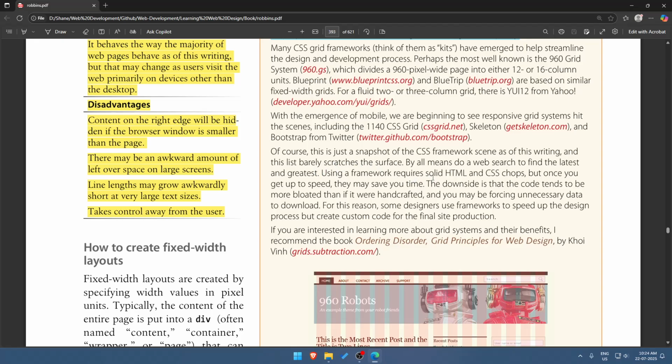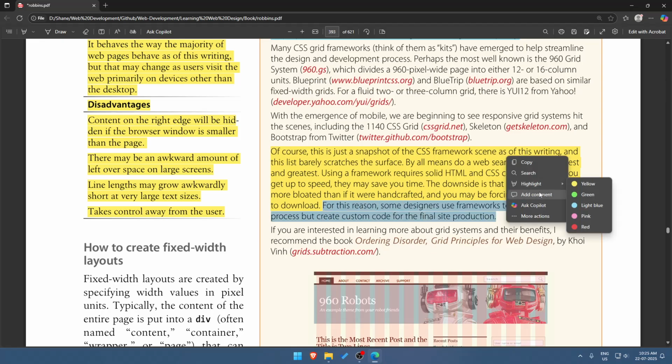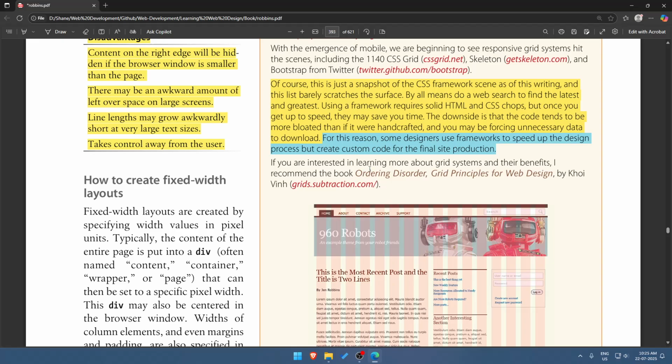Using a framework requires solid HTML and CSS chops, but once you get up to speed, they may save you time. The downside is that the code tends to be more bloated than if it were handcrafted, and you may be forcing unnecessary data to download. For this reason, some designers use a framework to speed up the design process but create custom code for the final site. If you're interested in learning more about grid systems,